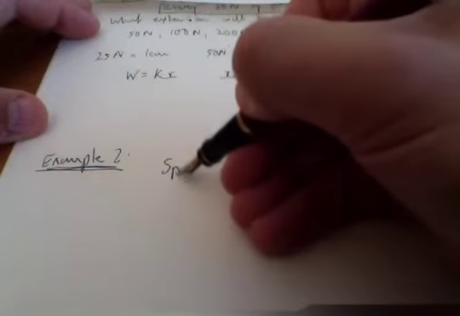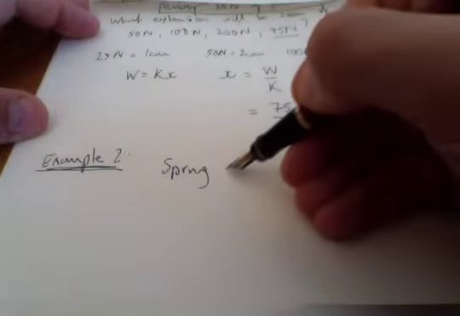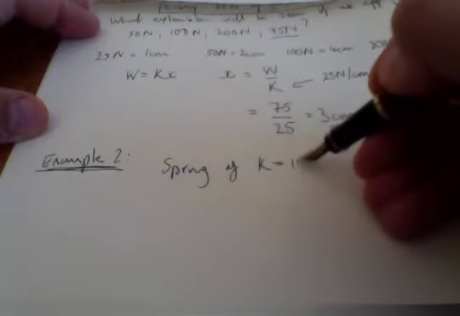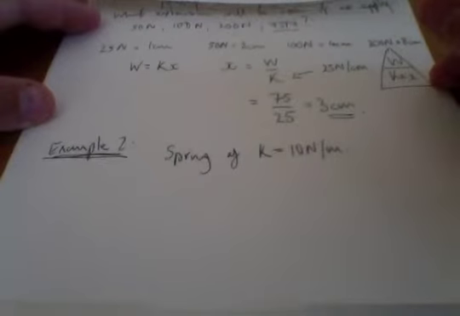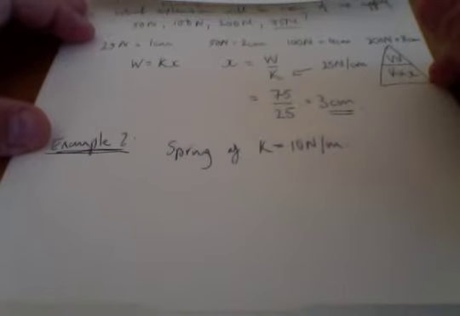Right, let's have a go. I want to know, we've got a spring of spring constant 10 newtons per metre this time. I'm going to change the units, see what happens. And I want to know what happens when we put on, i.e. the extension when